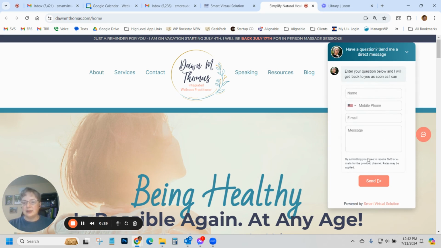You can add the information in here, hit send, and everything gets sent into the smart virtual solution powered by GoHighLevel into that system. She collects that lead. She collects the name, the mobile phone number, the email address, that message, and she can chat with them directly from her phone, from her app, from everywhere. And so she's collecting those leads